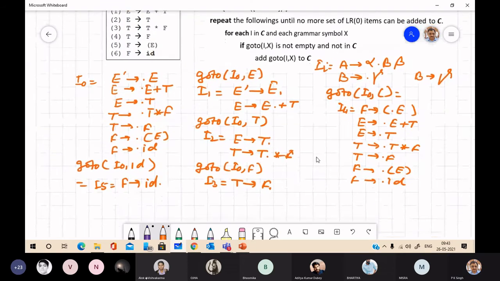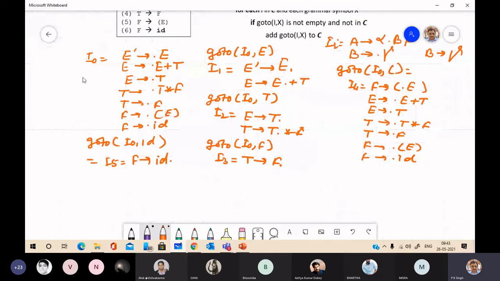Just see, for item set I1, the first item is E' to E dot. You don't have any grammar symbol after the dot, so here you can't apply any GoTo operation.